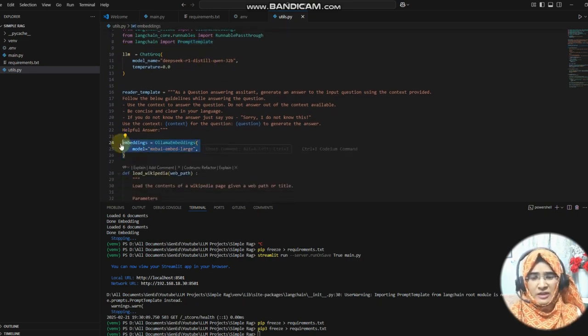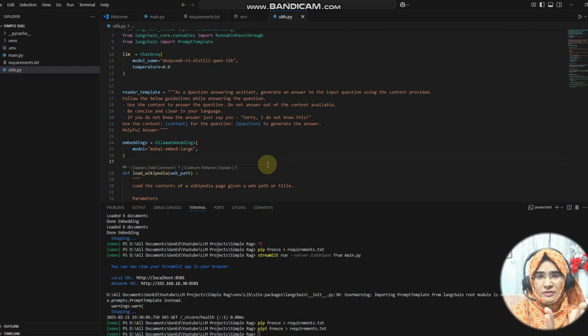Then we need an embedding. Embedding is something related to the vector database, right? A vector database converts words into vectors, and those vectors are stored in the vector database. The process of converting our words into vectors is called embedding, where we embed our data. So we can say vector embedding or vector data. We can use these two terms together.